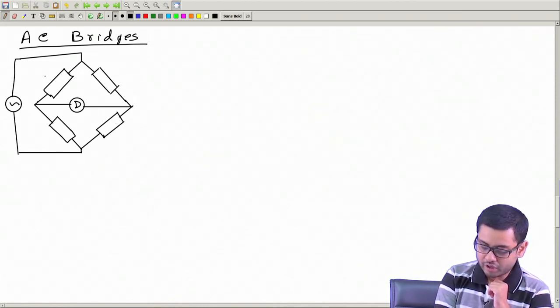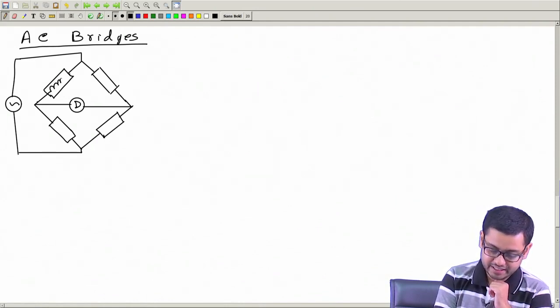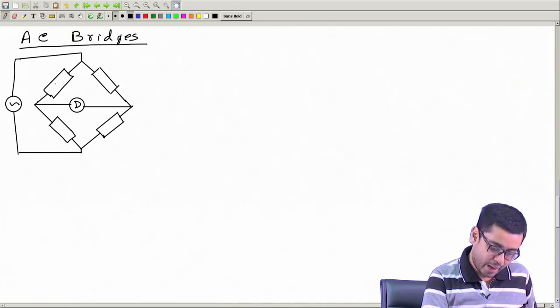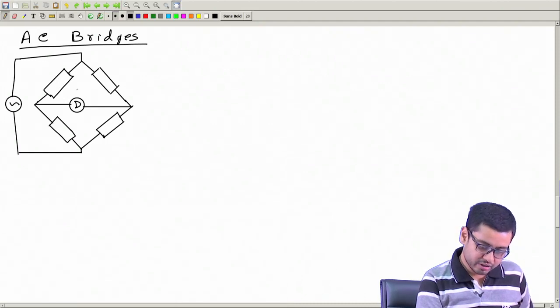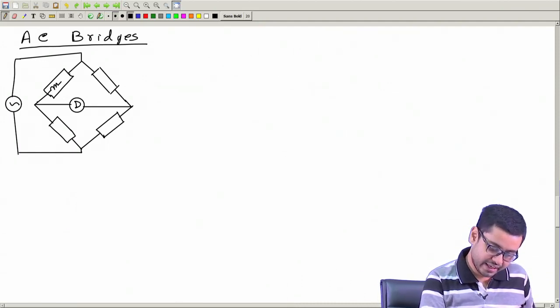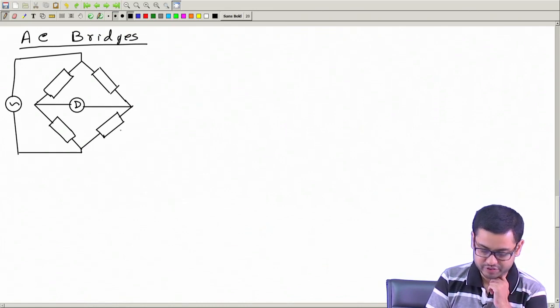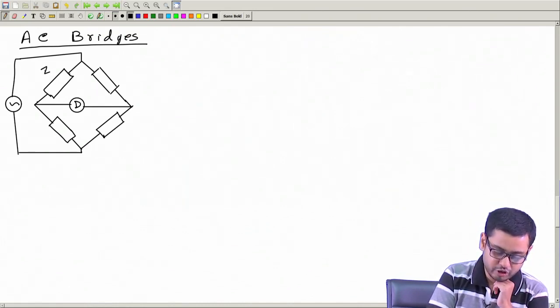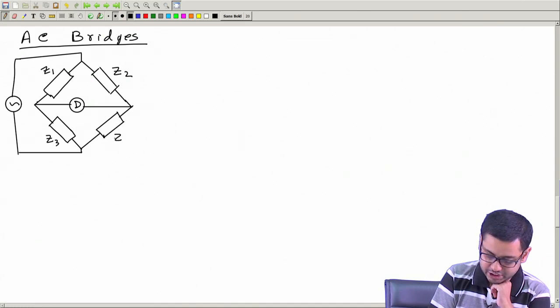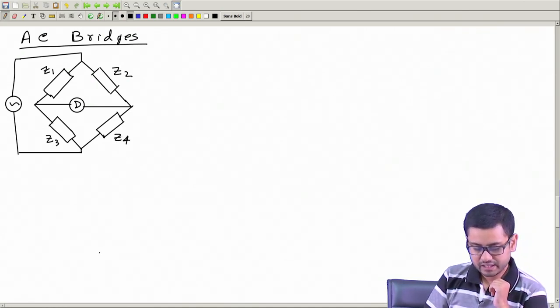So, they are not necessarily pure resistances, they can be inductance, they can be capacitance, or some combination of L and C, in general anything. So, we will call them Z. Let me call them Z1, Z2, Z3 and Z4,